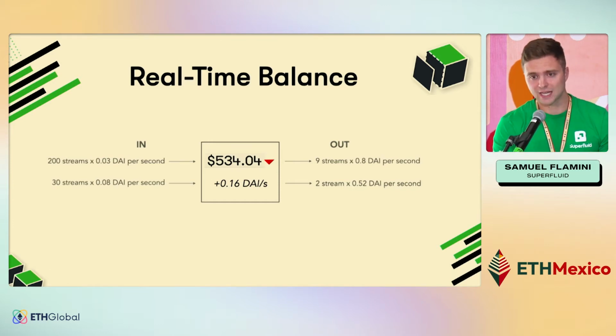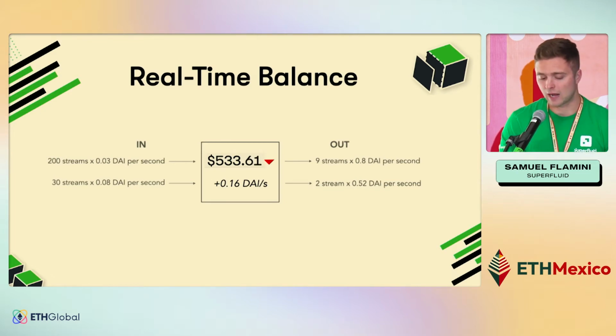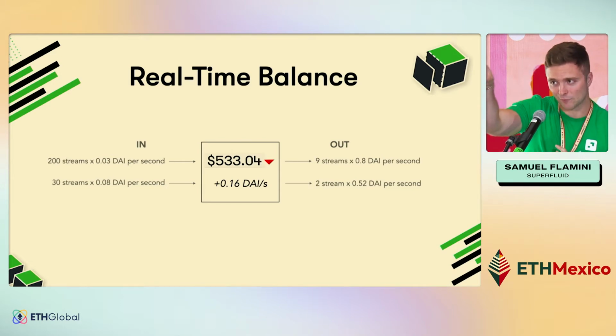So what we can do is anytime you want to create a new money stream or do something else with your super tokens, we just calculate, all right, how many tokens you have in this moment before we perform that next state changing operation, and everything shakes out properly given the accounting that happens on the token. If you have any questions about how that works specifically, I'll be standing right over there after the talk.